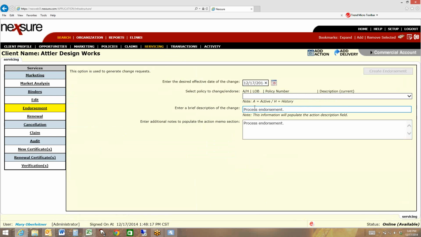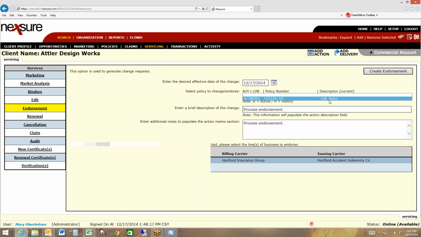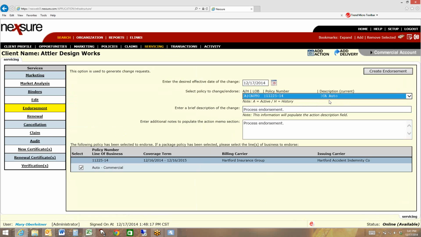So punch in the date of when they told you it's supposed to be effective. From the drop-down box, choose the version of the policy that you need to change. And then we're going to enter in the endorsement information. I'm just replacing the word process, just like I've done all along. And then I'm going to enter in the effective date of change. And you can copy and paste that if you want to. Add, let's see, we're going to add a 2014, let's do a,